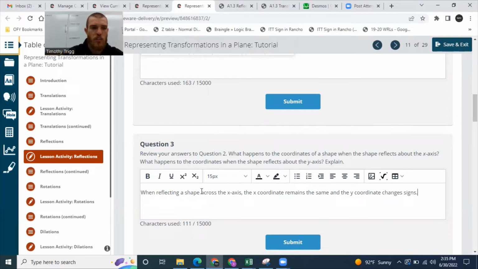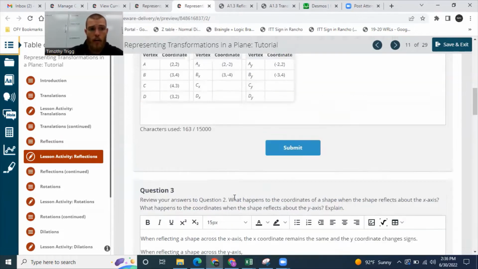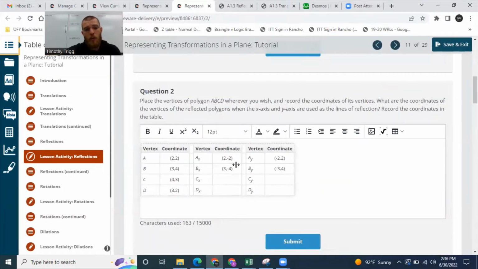And when I say changes signs, meaning from positive to negative or from negative to positive. Now, what about when reflecting across the y-axis? So when reflecting across the y-axis, what happens? So I'm going to let you figure that out on your own, but looking at these patterns, notice